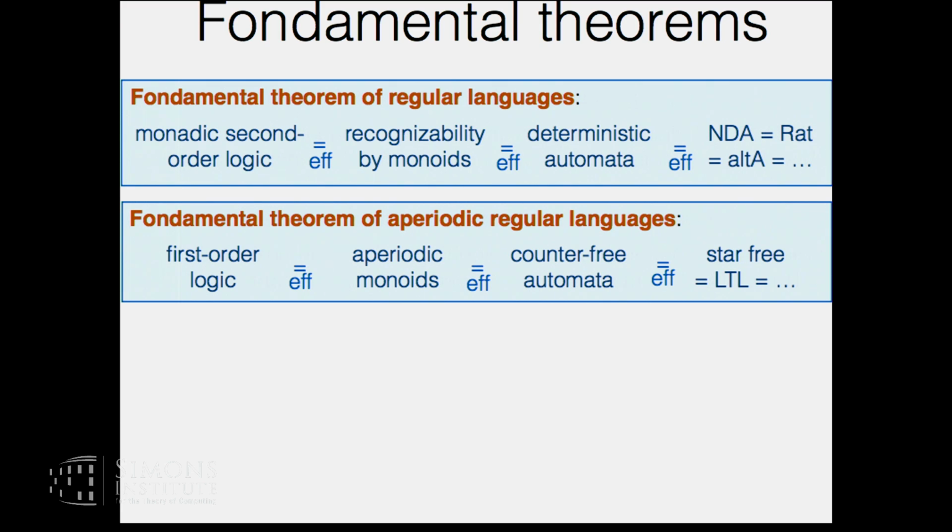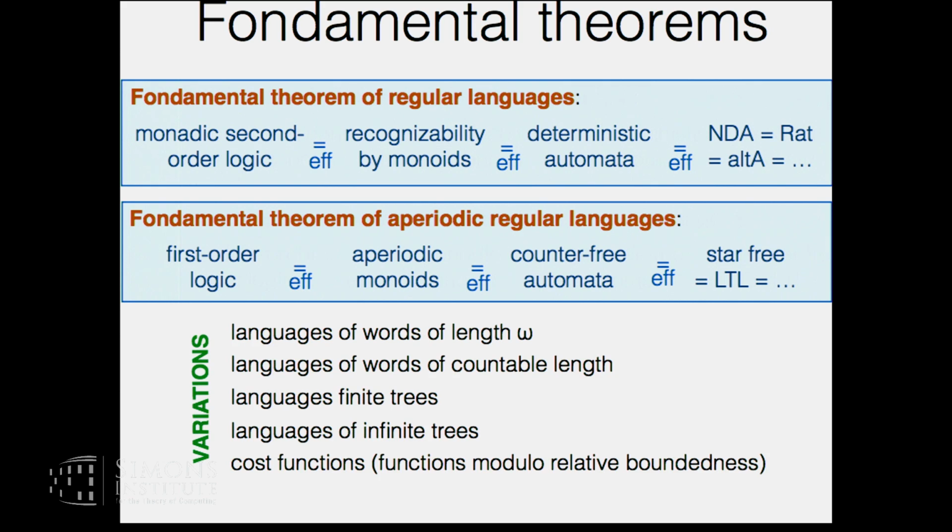And for those who work with automata, this is the thing we look at. If we have a new model, what do we have among these results? So in plenty of classes: if you extend the models to omega words, or even better to words of countable length, you may wonder about having exactly the same kind of equivalences. If you go to trees, you can also try to do that. That works a little less well, but okay. Or cost functions, you can do similar things.